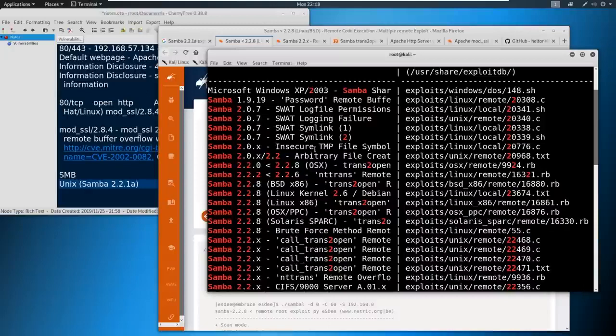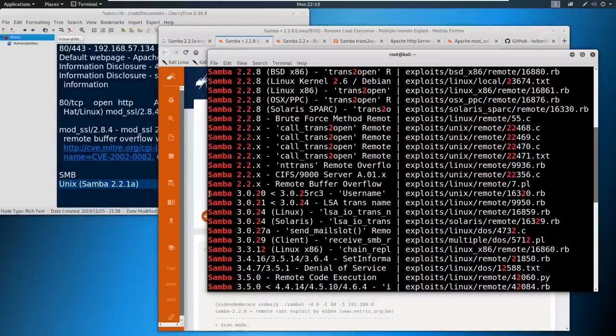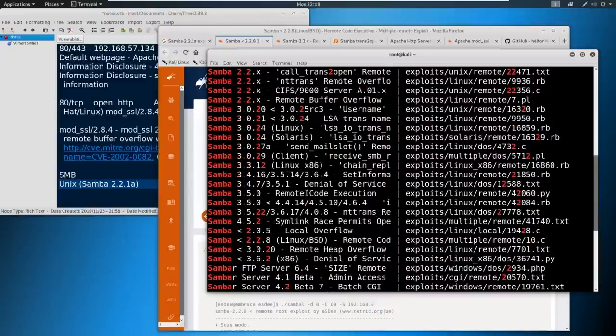see maybe, hey, is there a 2.2 in here? So like, look, Samba 2.2.0 to 2.2.8, OS X, that's not our operating system, but it's called trans2open. And we see that over and over and over again. So maybe the wheels spin again and it says, hey, trans2open, I think that that's potentially what we're looking for here. And then once we get down into the 3s, we know, hey, we've gone too far, this is not